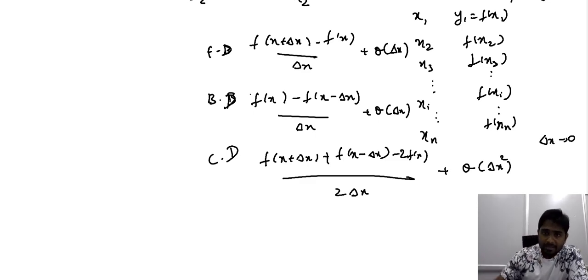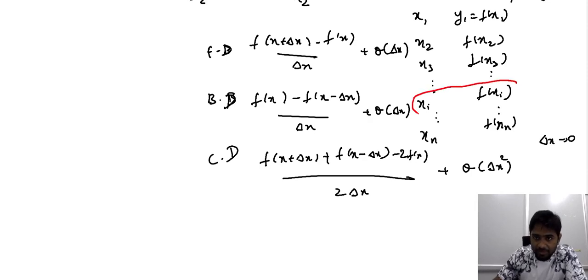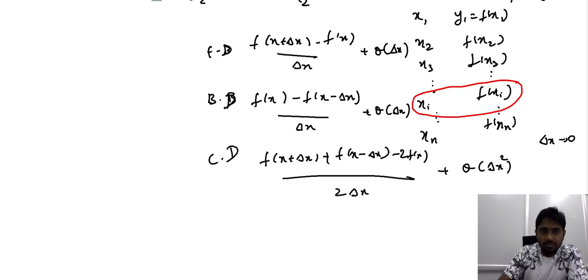Now, the same approach can be used to handle data sets. Instead of a function, the same approach can be used to handle a data set, and the conventional way of writing the forward difference for a data set is this. If this is the generalized representation of the data set, we feed in xi and the output we get is f of xi, then the forward difference will adopt a form of this sort: f of xi plus 1 minus f of xi